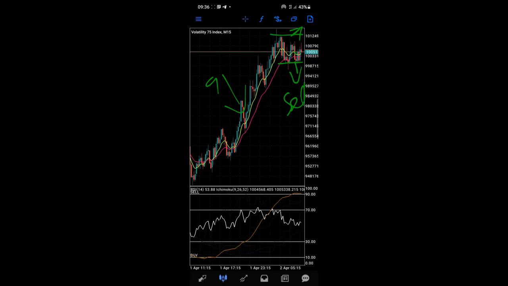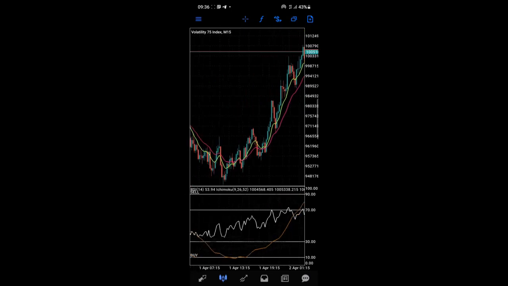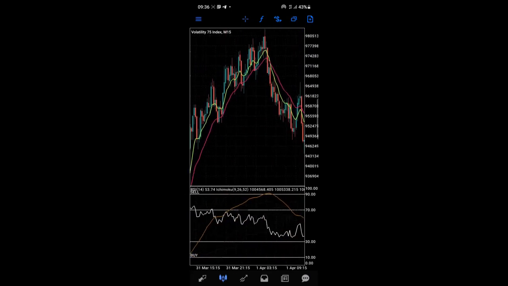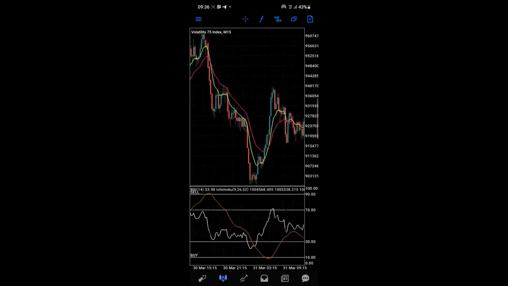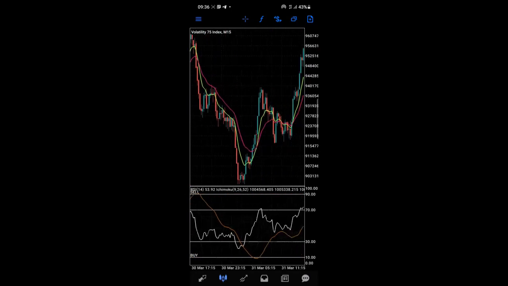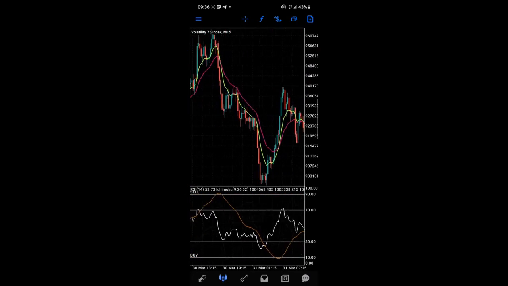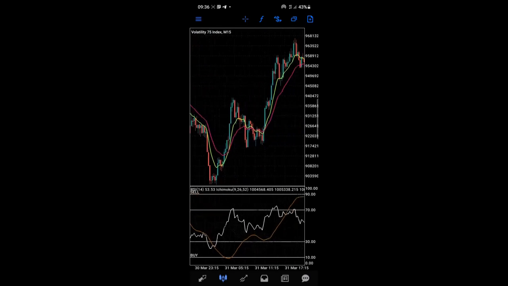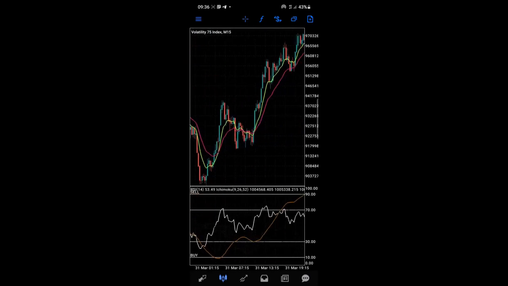So we should find it selling for a very long time when such a thing happens. Okay, and if you should notice, let's go back a bit to see some of the things that have happened before. You can see the crossing right here, and it came down. It never crossed back until it got to the support zone, and it crossed back right there, and it went up right from there. So you can see that you can always use it to milk the market for a very long time,